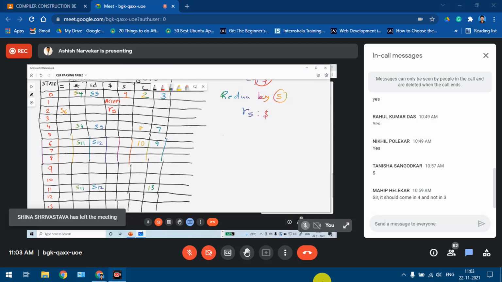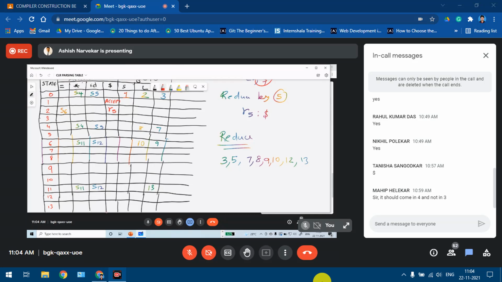Now what remains is reduce. So the states for which we need to make entries, which we have kept on hold for now, are 3, 5, 7, 8, 9, 10, 12 and 13. As and when we are completing the states, I'll just strike off each of these numbers over here. So visiting state number 3.